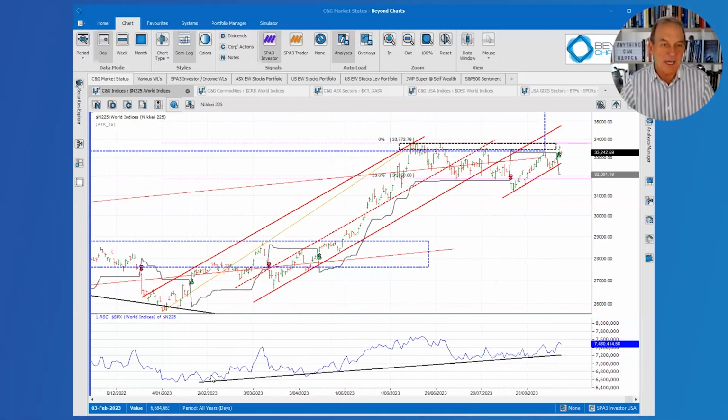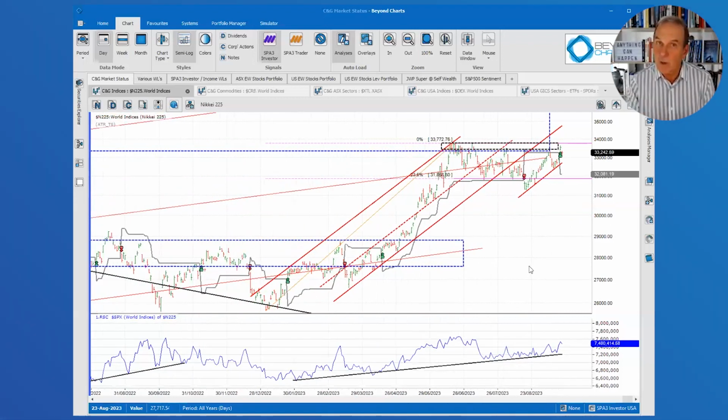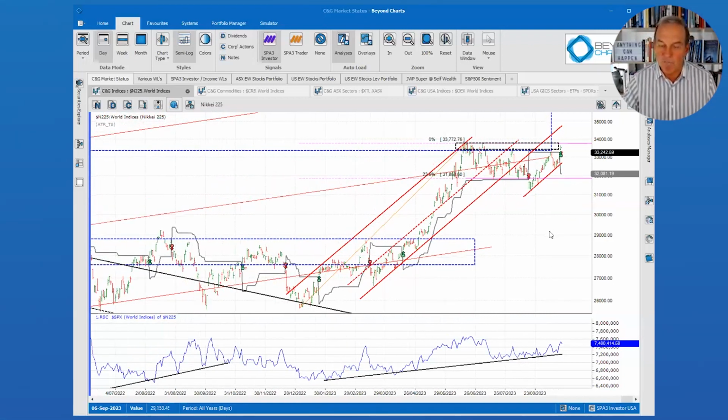You can see that the Nikkei has been outperforming the S&P 500 for some time. Even in the sideways moving market, it's been outperforming as well. So the Nikkei is one to keep an eye on from international indices at the moment for the bull market to continue. Okay, so the flip side of that is that obviously if the international markets all go sideways to nowhere and go down, then there's going to be money going to the US dollar, which is probably going to just take the edge off what happens in the US equity markets.